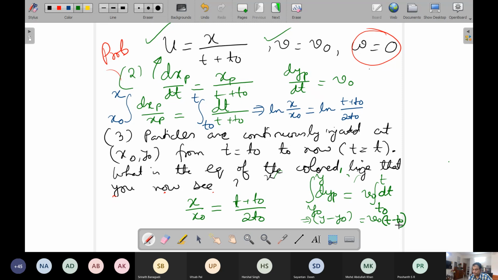In fact, these two together are the parametric description of the path line. But if you want to write y as a function of x, what you can do is eliminate t. That means you get an expression for t from, say, this one, so t equal to something, and substitute that here. Once you do that, you will get y as a function of x. And the first observation is that y as a function of x is different from the y as a function of x that you got as a solution of question number one. That difference is there because it is unsteady flow. So streamline and path line are not expected to be identical.